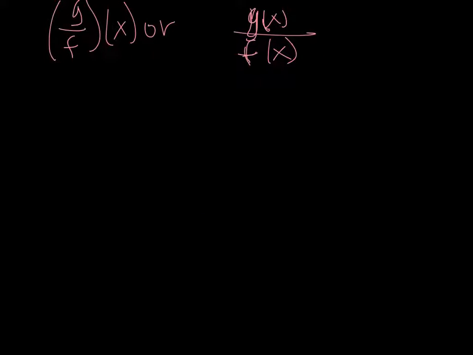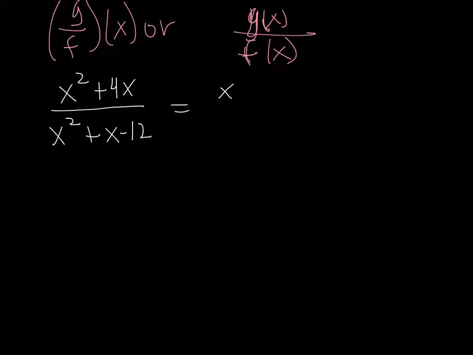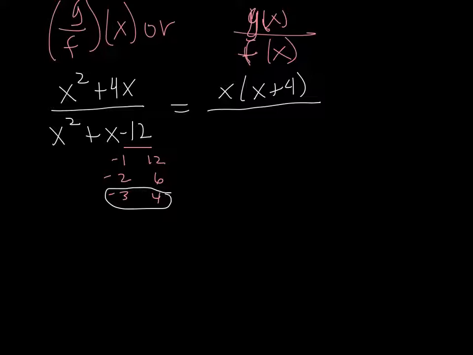And that's when we're dealing with division. So these are the 2 ways that division can look. Again, you should check your work with my work. So first you should write out your equation. Then you want to see what do these two have in common that you can take out. I can factor out an x here. So I can take out an x on top, leaving me with x plus 4 on bottom. I have to see what my multiples of 12 are, and which two multiply to get negative 12 but add together to get negative 1: negative 3 and positive 4. So you have x plus 4